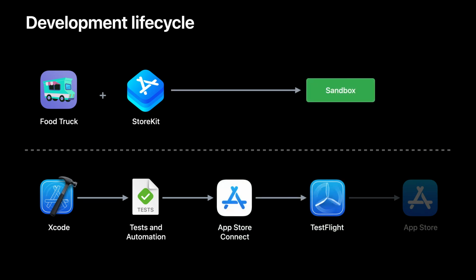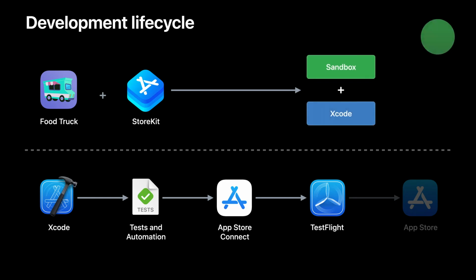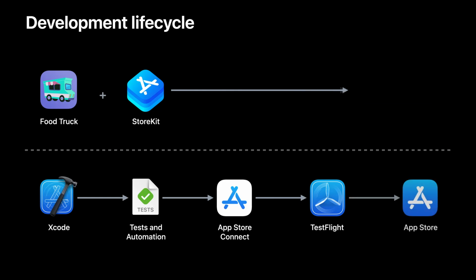When you're ready to configure your app in App Store Connect, we're introducing a brand new feature in Xcode 14 to allow you to use the same in-app purchase products that you've entered in App Store Connect with StoreKit testing in Xcode. If you already have an app on the store, you can start using StoreKit testing in Xcode right now without needing to set up a StoreKit configuration file from scratch. This convenient feature enables you to configure your in-app purchases once and use the same configuration locally in Xcode, inside your unit tests, in the sandbox environment, and when you're ready for release, on the App Store.